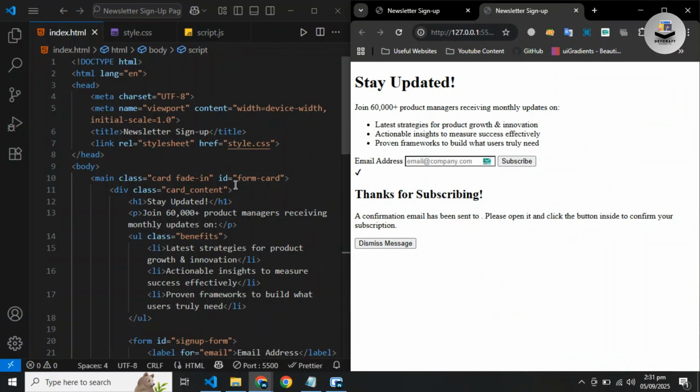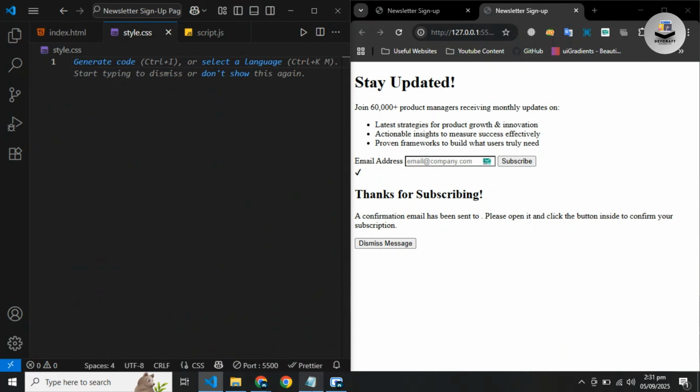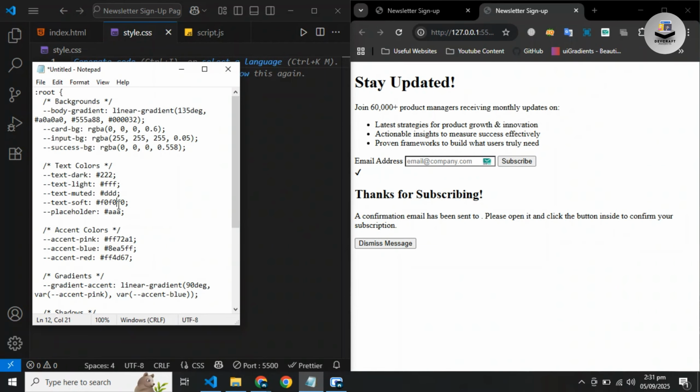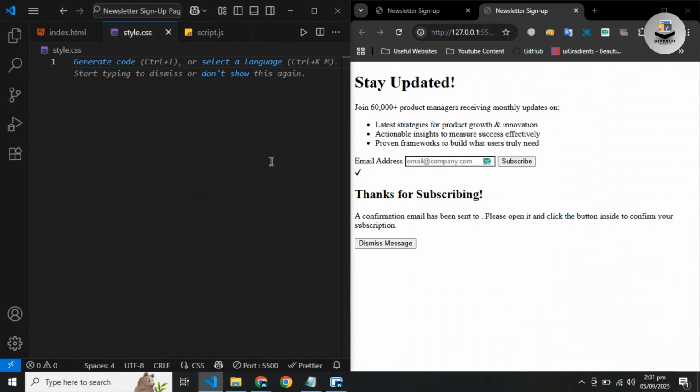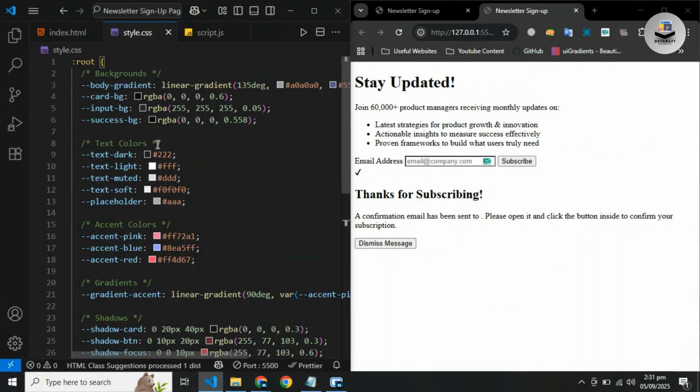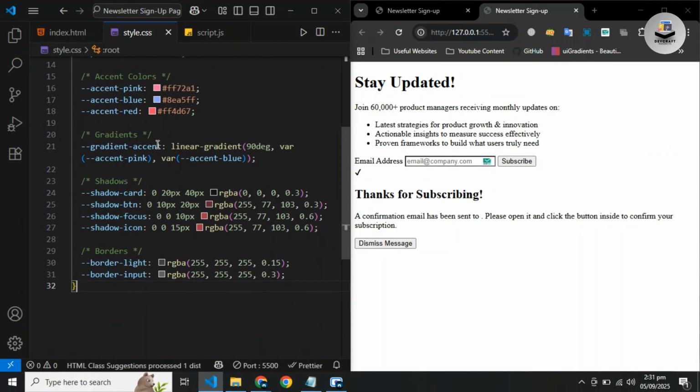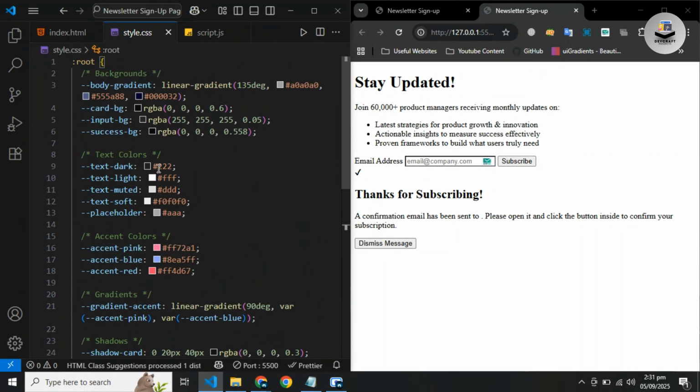Now, moving to the style.css file. At the very top, I'll paste in the root color variables that I had saved earlier in Notepad. These variables include the background gradients, text colors, accent colors, shadows, and borders. Defining them here at the start helps us maintain consistency and avoid repeating color codes throughout the style sheet,